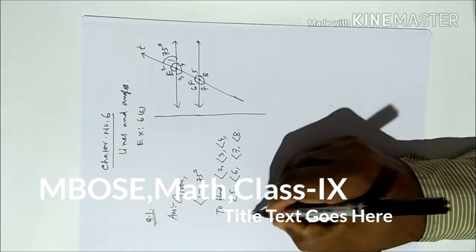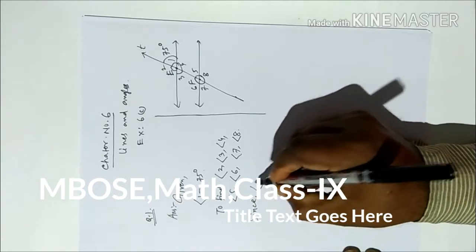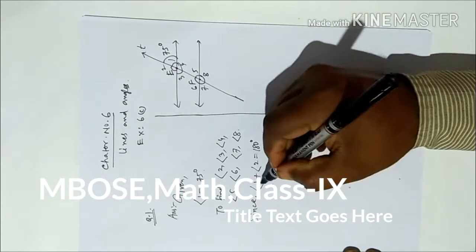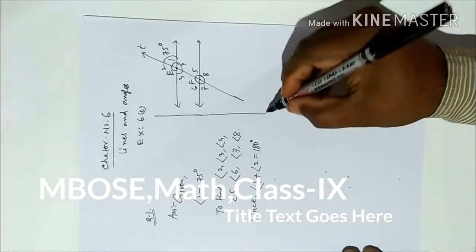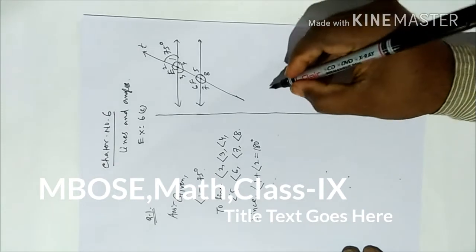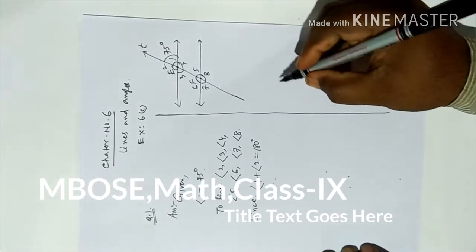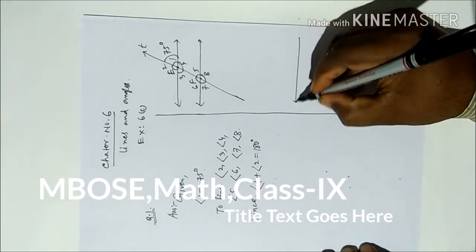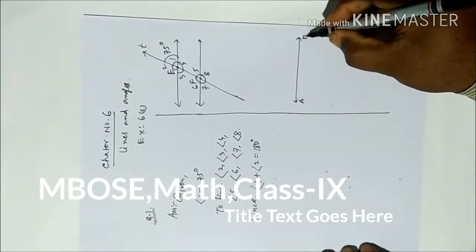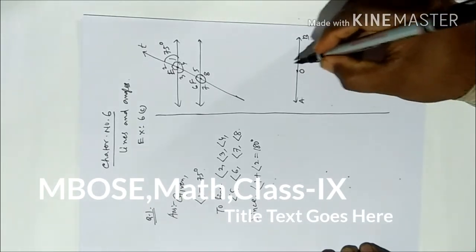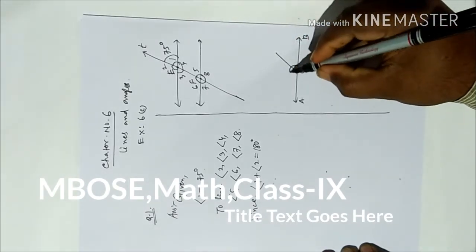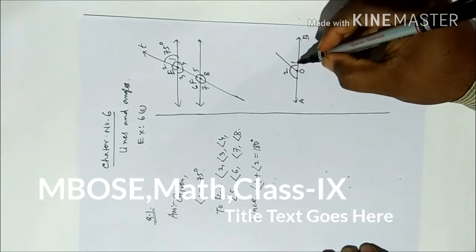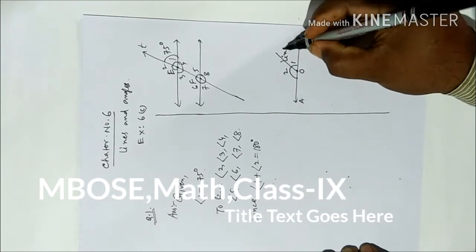So you write here, since angle 1 plus 2 is equal to 180 degree. Why do we say angle 1 plus 2 is equal to 180 degree? I will give you some more definitions: straight angle, linear angle or linear pairs. Suppose I draw this line A and B, and give the point O here. How many angles do you see? 1 and 2. These two angles we call a linear pair.